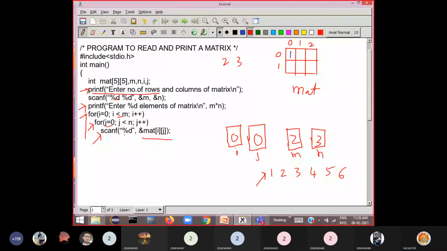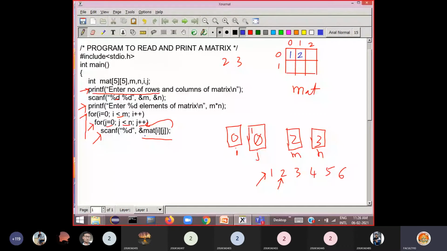Okay, so after reading this, the inner loop is still executing, not yet terminated. So immediately the control goes to the inner loop increment section, j++. j value increments and now becomes 1. Then again test the condition, 1 less than 3, yes, true. So again it goes to scanf percentage d, that means read the next number. It reads 2, and where does it store? Matrix of 0 and j value is 1, matrix of 0, 1, the 0th row and first column. So the second number, 2, will be stored here.